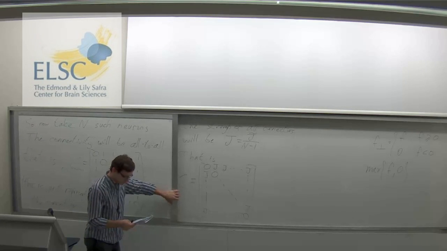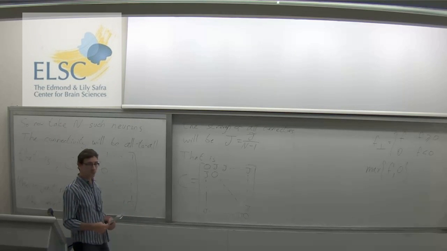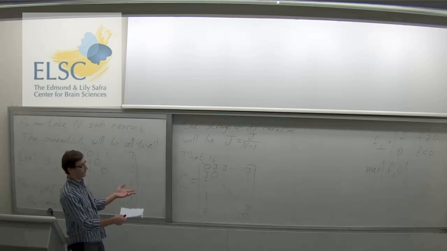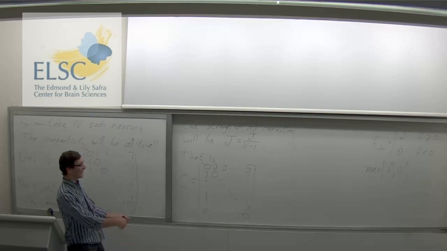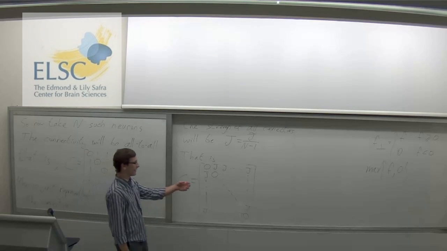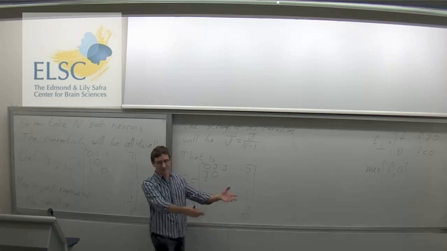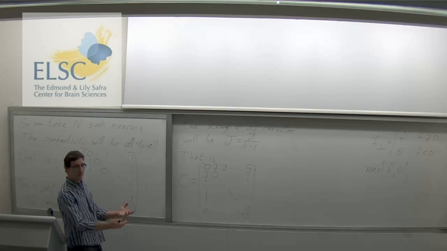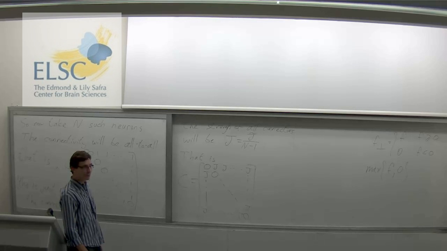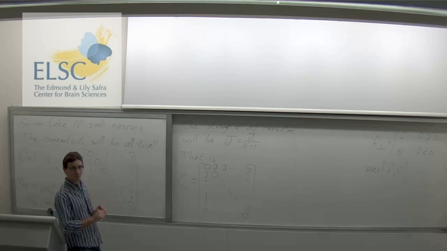Okay. So now we can basically start to do what we're doing. You can start off with some state and multiply the state by the matrix C and get the state at the next time step, and multiply it again and so on, and see where the network evolves to. But I want to start off with a silent state where all neurons are 0, okay? But if they're all 0, nothing is going to go anywhere. So